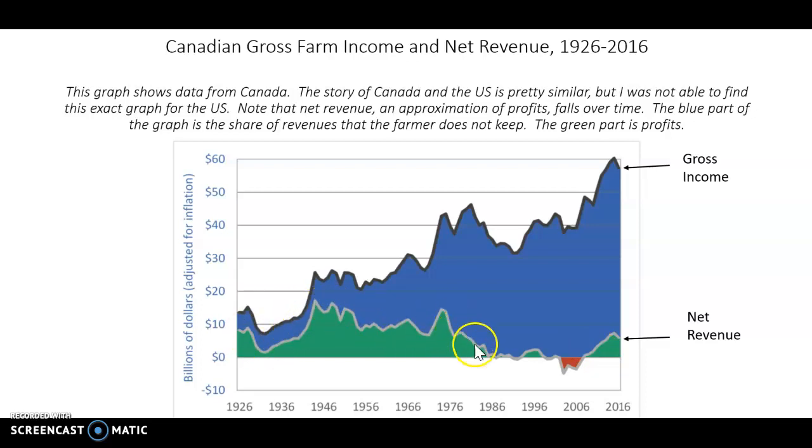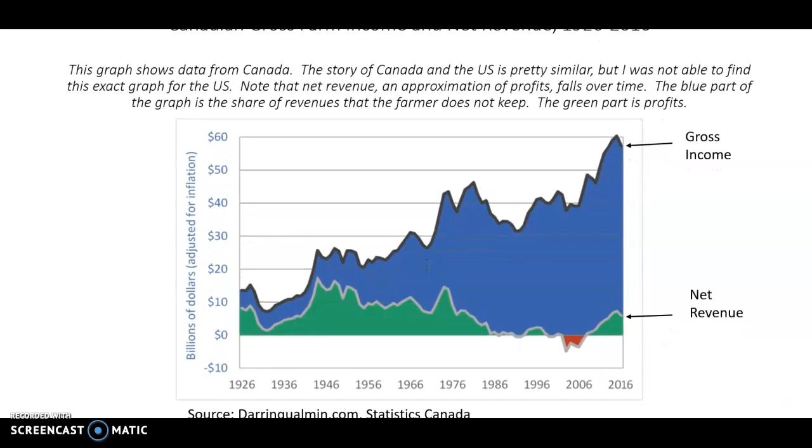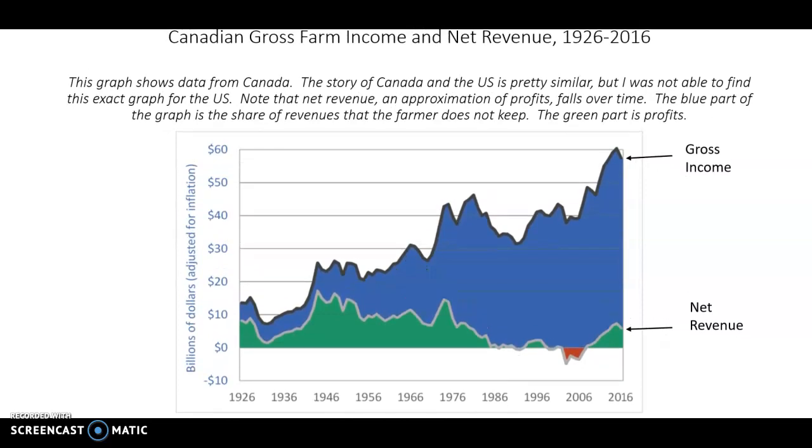In fact, adjusting for inflation, it's actually down over what it was much of the past century, except during the Great Depression and some times of high oil prices, which were here in the 80s. Now, I should say this is a Canadian, not a U.S. graph, but it's similar to our story, and it was easy to find. I did try to find one for the U.S., but was not able to. So this is for Canada. By the way, here's the source.